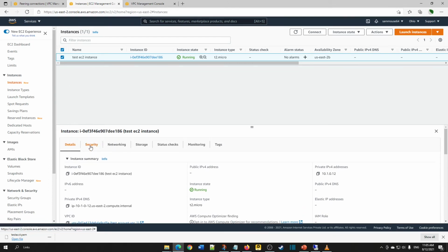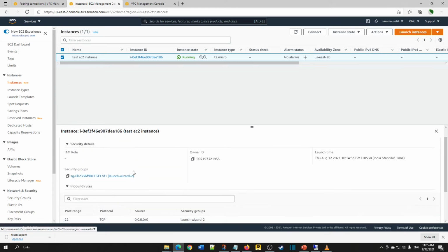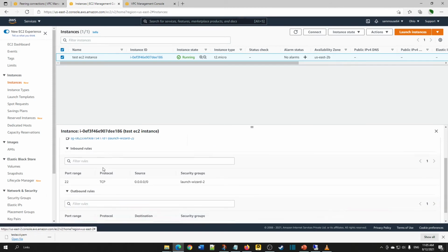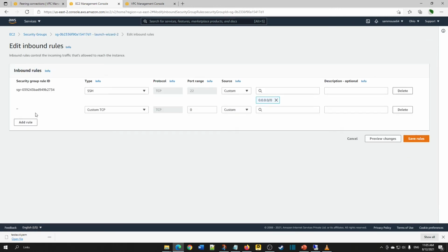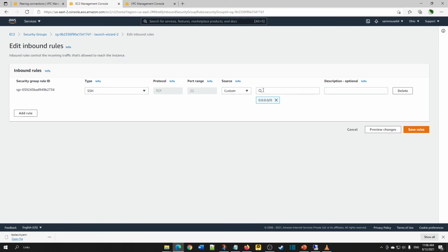Next we need to update the security group. Come to the East instance, click on security, click on security group, click on edit inbound rules, add rule. Port 22 is already available.